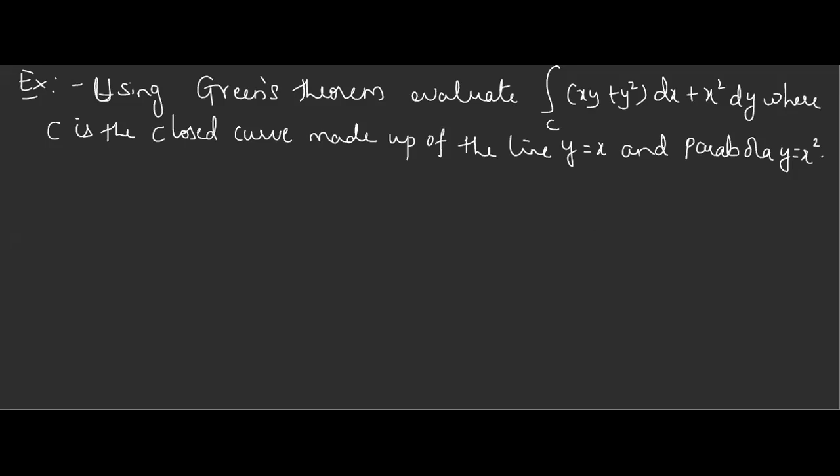Okay, so we have to evaluate this line integral by using Green's theorem. First, before doing anything, let us see the region we have to take. Take your coordinate system. Now, the line y equal to x, where does it pass through? How do I have to draw it? Through the origin, making an angle of 45 degrees with the x-axis, right? This is my y equal to x line.